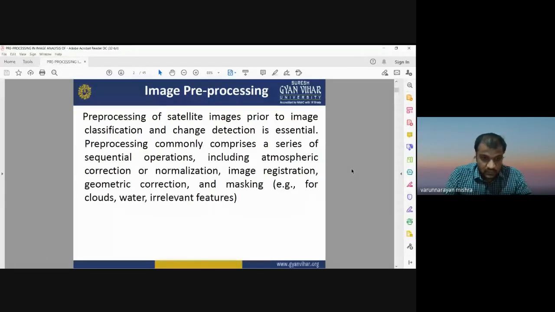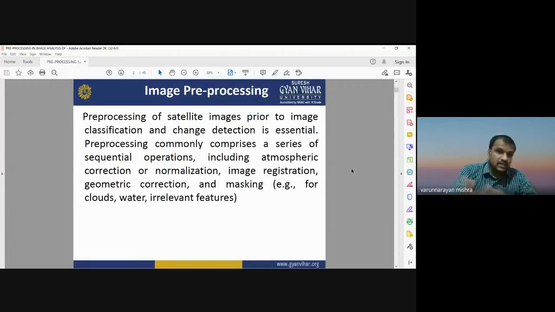So pre-processing includes all these operations like atmospheric correction, image registration. Geometric correction is also required if you are using multi-sensor data sets. You need to have geometrically corrected images, meaning both images should have the same geometric information, the same coordinate system. If the two images are not matching with each other, it is not possible to perform any change detection,